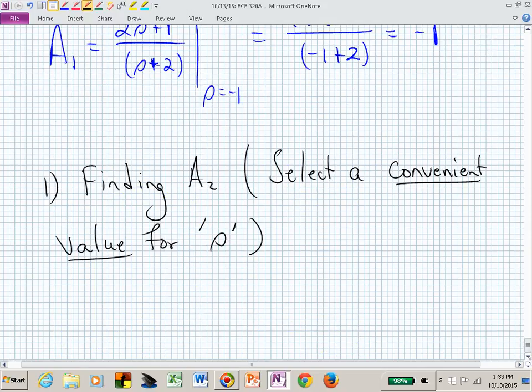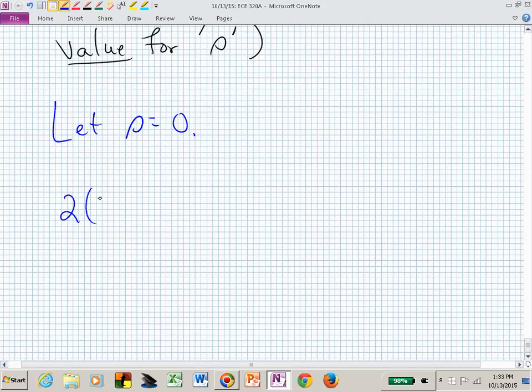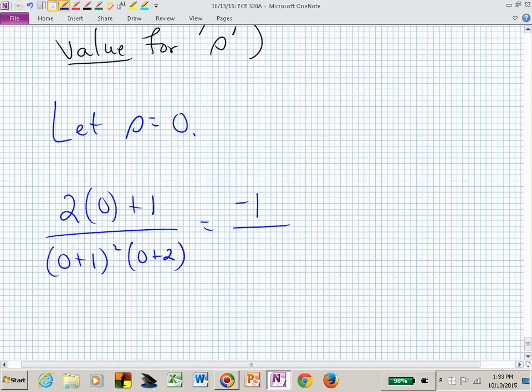So now a convenient value for s, in this case, could be 0. Then I have on the left-hand side, 2 times 0 plus 1 over 0 plus 1 squared, 0 plus 2, equaling a sub 1